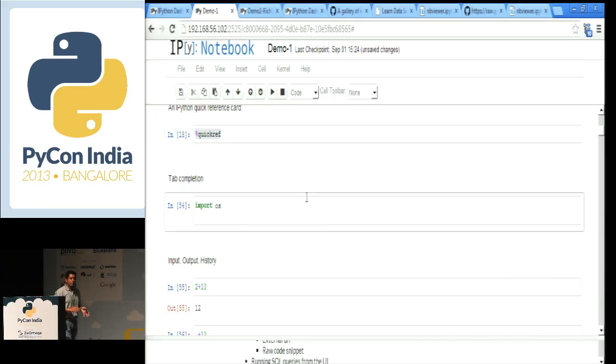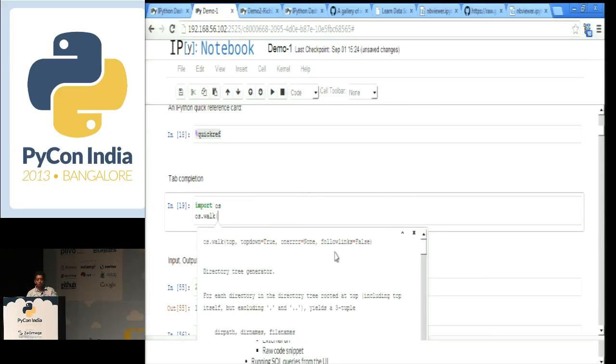Right? Tab completion. This is one point I mentioned, right? This is how I started using IPython. So for example, like the collections module we did in the previous example, I'll do import os. Then I'll again say os.walk is the function I want to use, for example, right? Now when I open a brace and I press tab,